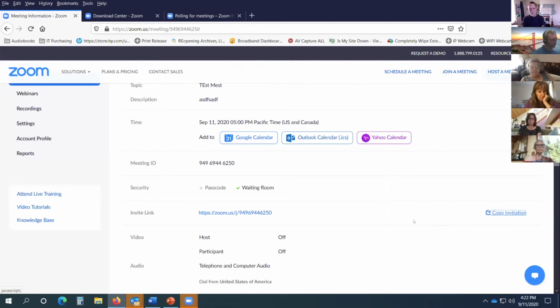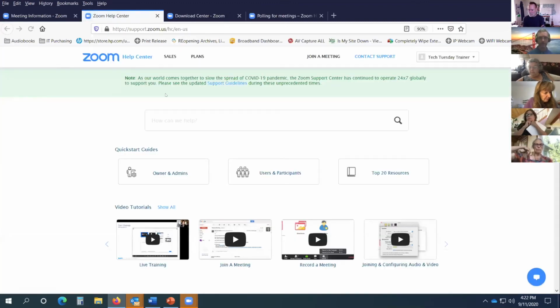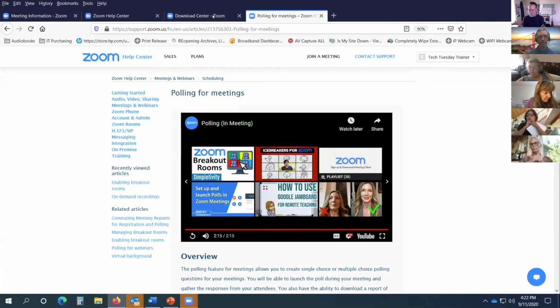Okay. A couple more options to take a look at. Two things you might be doing is the breakout sessions or breakout rooms where you put individual members into different rooms. Also the polling. And so I'm going to go to the support site. Okay, once you've copied the meeting invitation, then